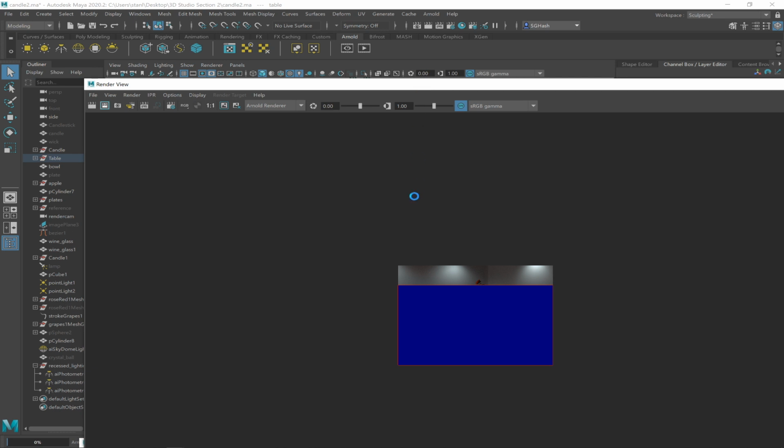Literally, it's the last thing you want to do. And so for that reason, what's due Thursday is to put an AI standard surface on everything and then tweak your AI standard surface, tweak the specularity, tweak the base color if you have to, that's fine. But we don't want to worry about the actual photos or the actual texturing until Tuesday when this is all due. So the final render will be due a week from today, and then Thursday's homework will be to add